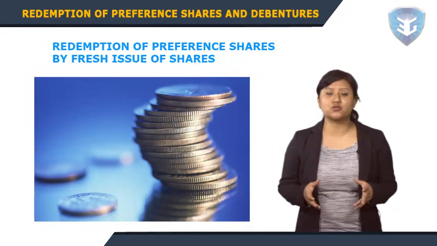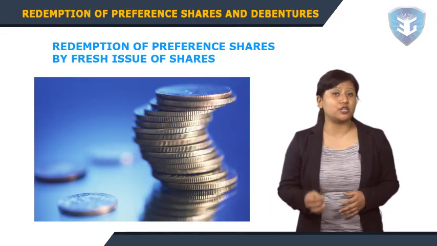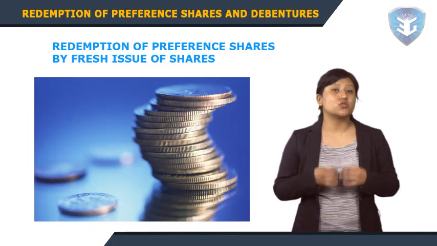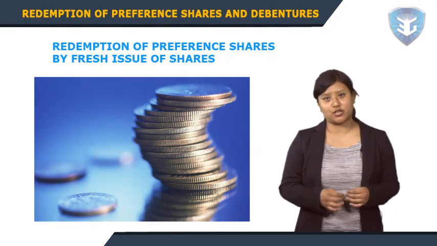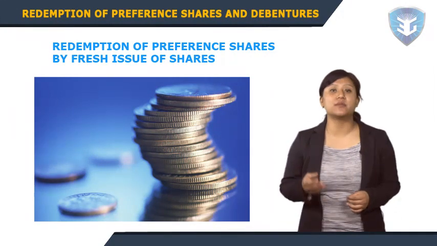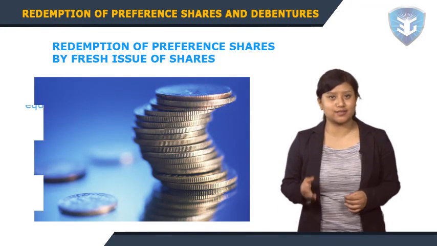Therefore, when the shares are issued at a discount, then the number of shares to be issued at a discount should be manipulated to ensure that at least the face value of the shares to be redeemed has been procured in money out of the proceeds of the fresh issue at a discount.